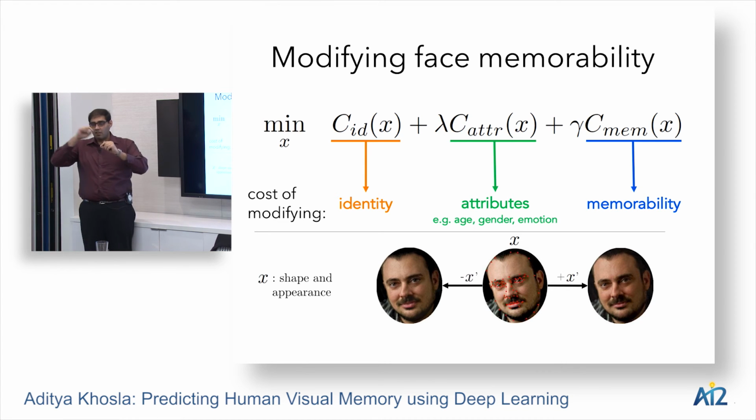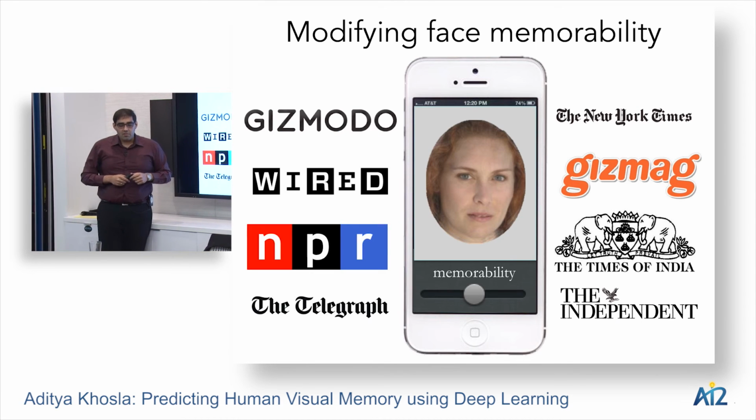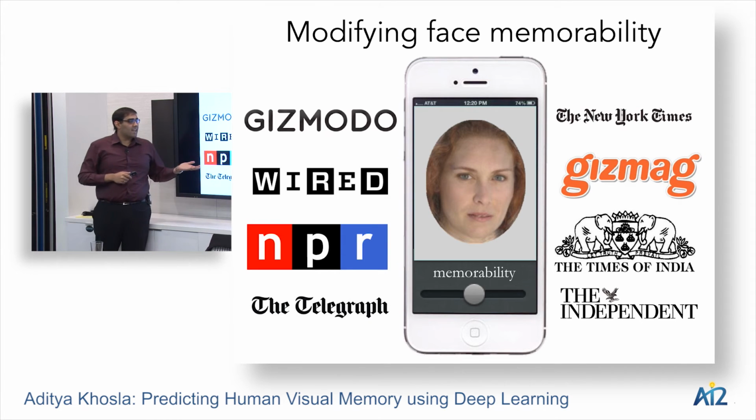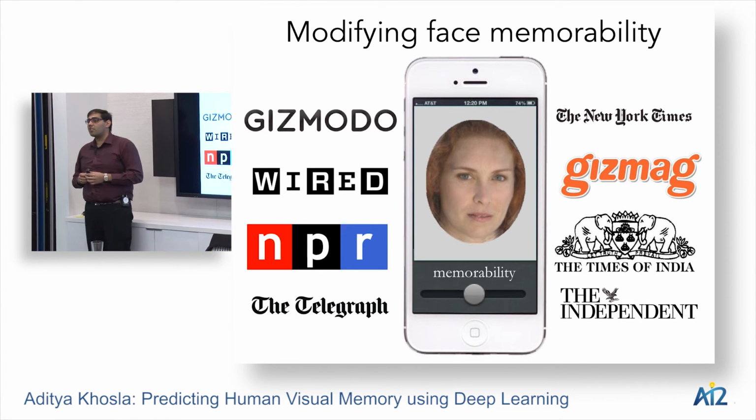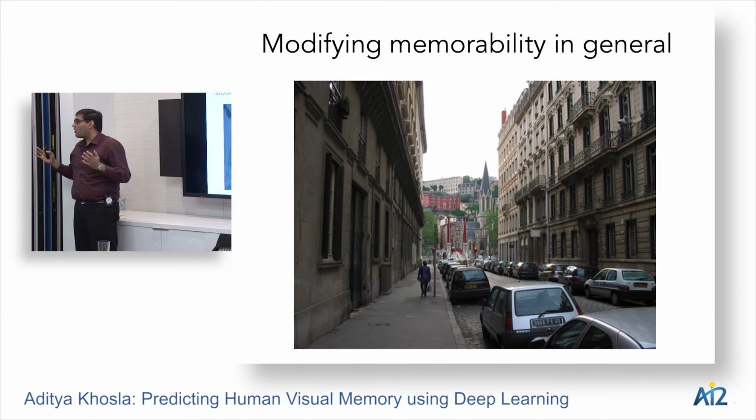And you do that iteratively until you have optimized, or you do that for a fixed number of iterations. So again, this work was covered by a bunch of people in the press, and someday we hope that we're able to build an app where people are able to change the memorability of their face in the palm of their hand. And looking forward, I hope we can extend this approach to start modifying memorability of images in